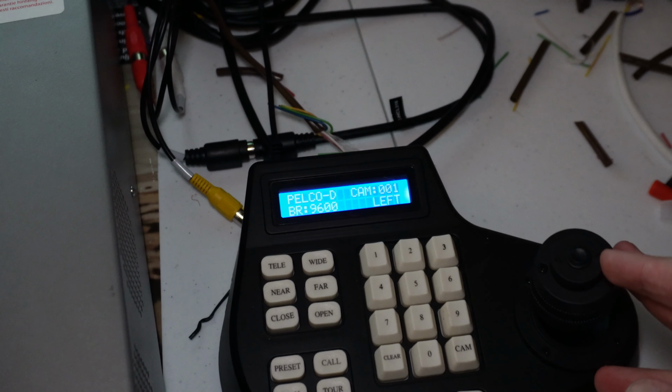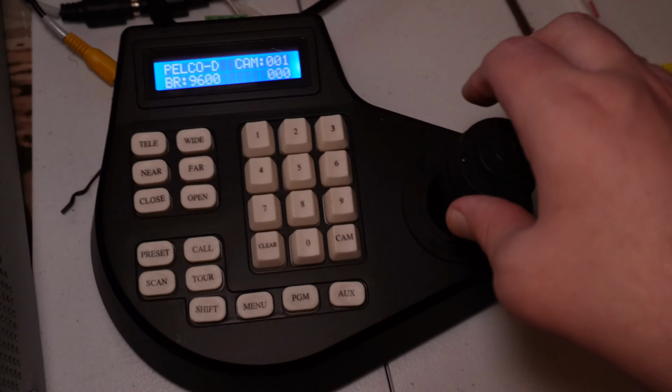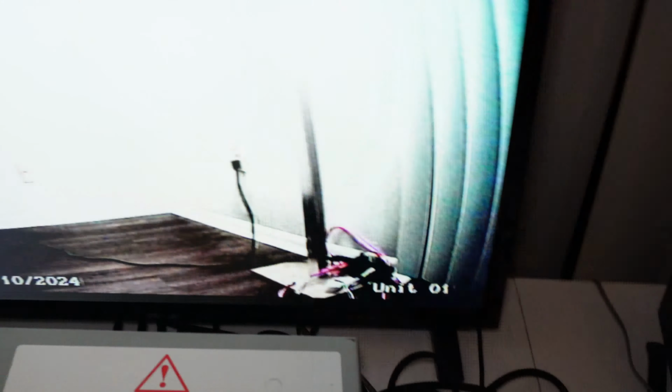and move the camera. See? Yeah, look at that. Yeah, we are able to move the camera like that. So yeah, it has left and right, of course, for rotating left and right. And then if you twist this joystick,